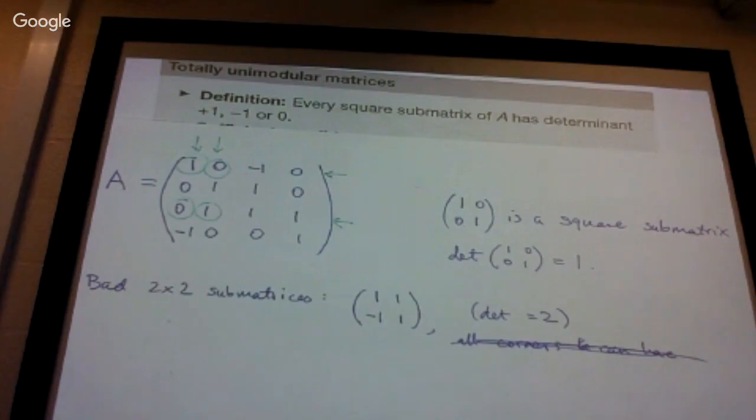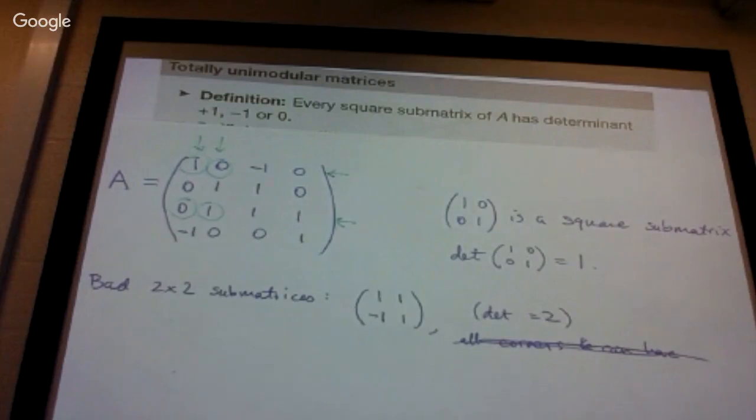I'm not sure whether they appear in this or not. Maybe not. And then you would have to go for all 3 by 3 submatrices as well, and then the whole matrix has to have a determinant of 0, 1, or -1. So that's how you would test it using the definition. That seems quite hard, but